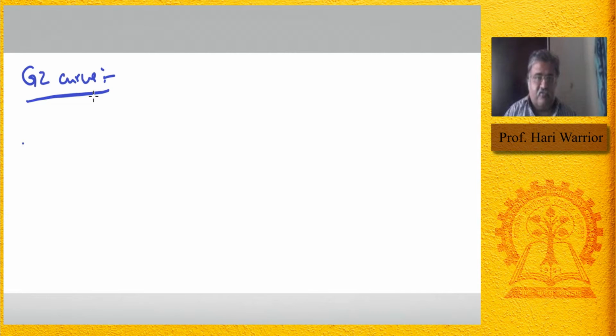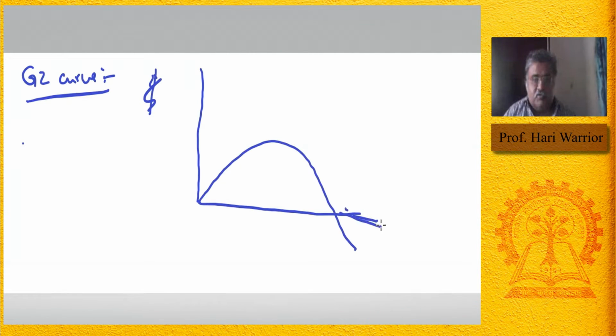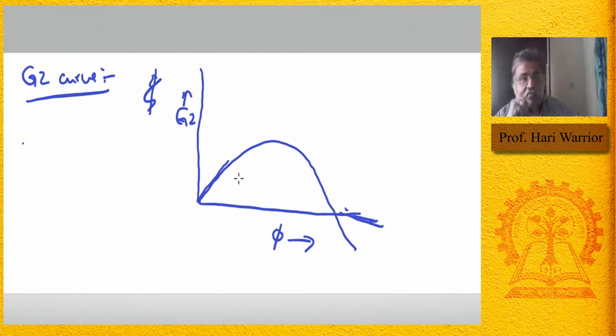First of all, let us draw a GZ curve. So you have a GZ curve, GZ versus phi. Here you have a tangent that will give you the GM. Now, there is one other curve which is equally important. As you know, this is GZ. GZ is the restoring arm. That is the arm that restores the ship back to its original position.